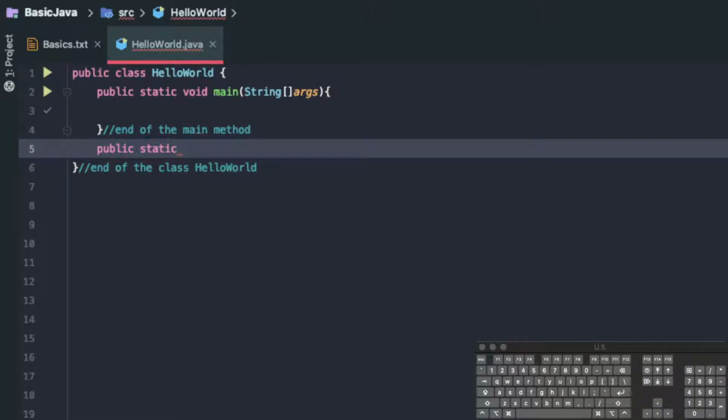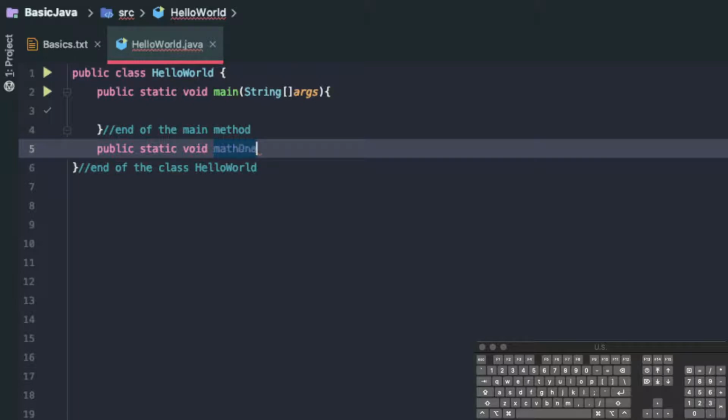Now comes our return type, right? So here we have void because the main method never returns anything. The main method won't return a string, a boolean, or int, float, double, whatever. It's just not going to return anything. So we could keep this method right here a void, but you know what? For now, we'll keep it a void, right? Void, and then we can name this method. We'll just name it